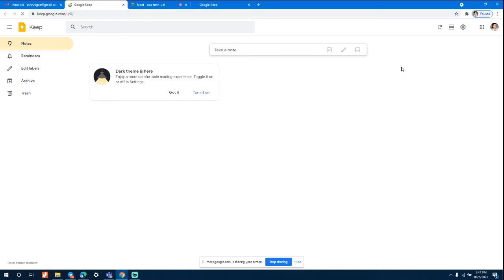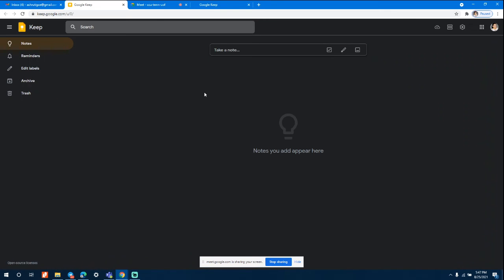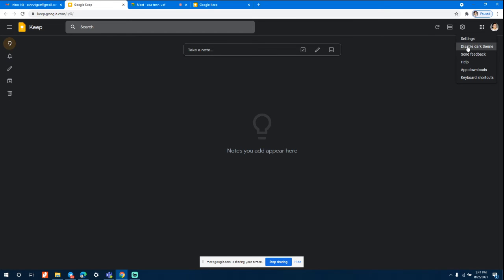So this is your Google Keep. Google Keep is a place where you can make your lists, keep your notes, and access them. Let's suppose every morning you get up and you want to know what are the things to be done. You can do all that using Google Keep. It also has an option of turning on the dark theme. If you turn it on, you'll get everything like this. If you want, you can always switch back; you'll have to go to settings and disable dark theme.